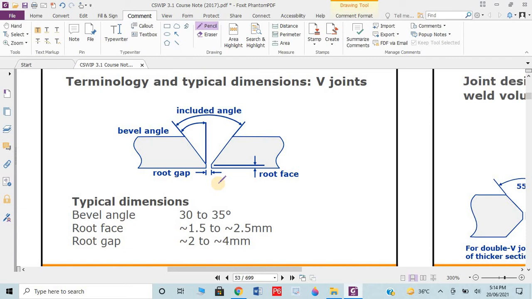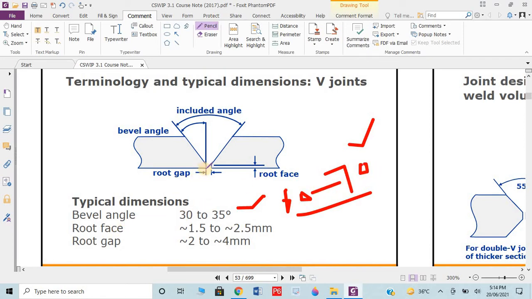I hope this lecture is interesting for you and quite knowledgeable. You can see here, whatever we discussed now, suppose the bevel angle is 30 to 35 degree. Half is the bevel angle, full will be the included angle. How much? 60 to 70 degree, simple. So the angle of the butt weld is normally 60 to 70 degree, normally considered as 70. The half is 35. This is also from our examination point of view.